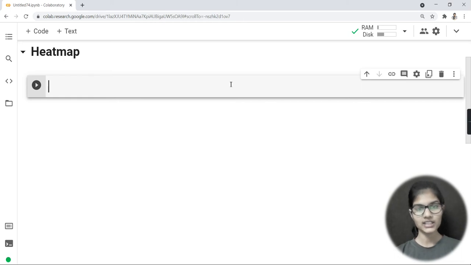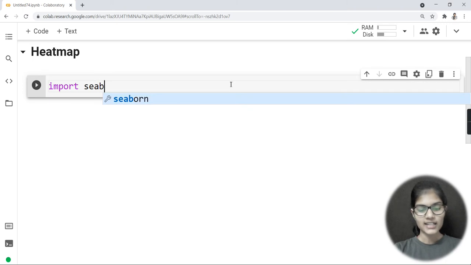So in that case, which library do we use? Listen to me very carefully, otherwise afterwards you will ask why I have used this library. The name of that library is matplotlib.pyplot. Fine. So in this heat map video, I'm going to use the matplotlib.pyplot library also, because I want to give a particular size to the heat map which I am going to make. Fine. So let's start writing, and I will explain the other things while writing.